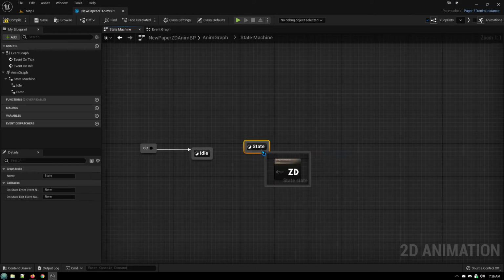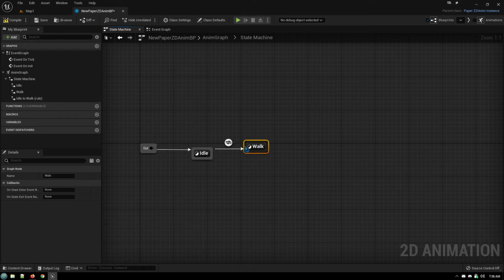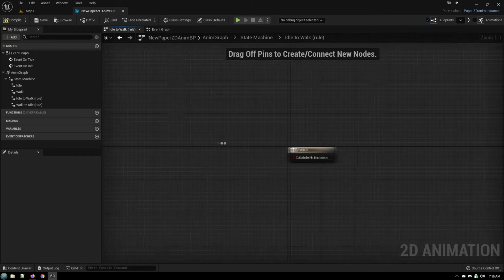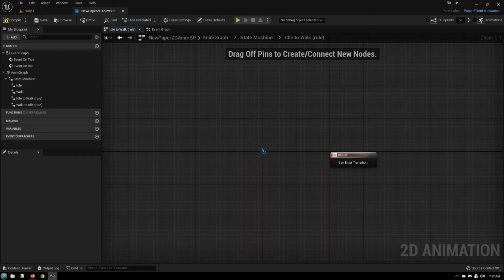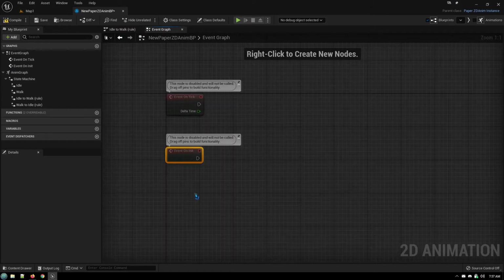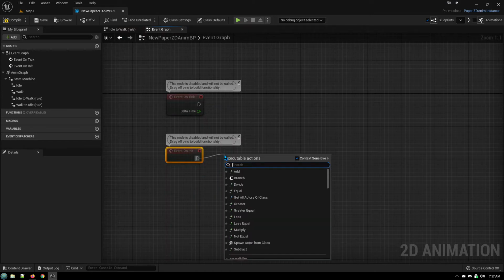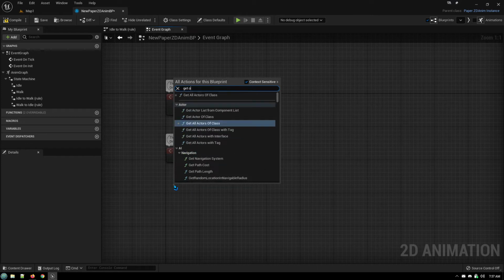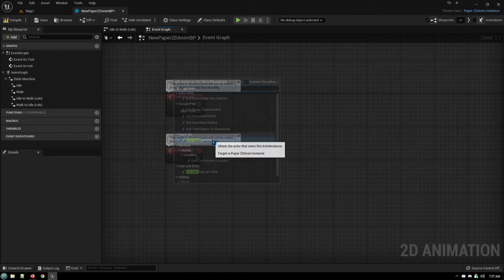This one will be like walk. And then to transition between them, you just drag an arrow in all directions that you want transitions to happen, so if you want to be able to go back and forth. And then in the transition node here, you would have something like, well, you're going to need a reference to the character so you can check on the character. So if we go to event on init and we get owning actor